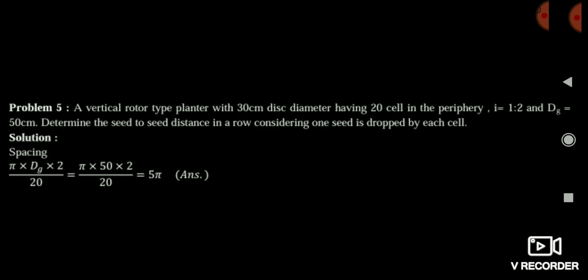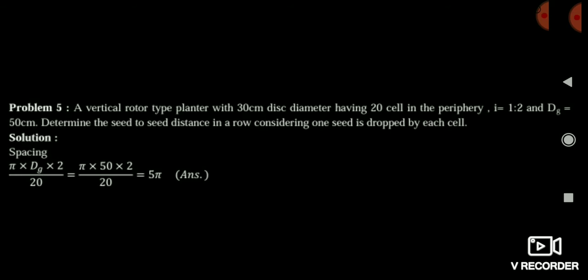So in one rotation of planter periphery, 20 cells means 20 seeds are dropped, because I have told you in my previous lecture also that each cell will drop one seed in one total complete rotation of the planter periphery or planter rotor, this vertical rotor. सो आपको ये चीजें समझनी है कि एक बार जो हमारा होगा प्लांटर का जो फुल पेरिफेरी रोटेशन होगा, उसमें जितने सेल्स होंगे सारे सेल्स वन सीड को ड्रॉप करेंगे. And when we rotate it one time, then the rotation of ground wheel is 2 times.